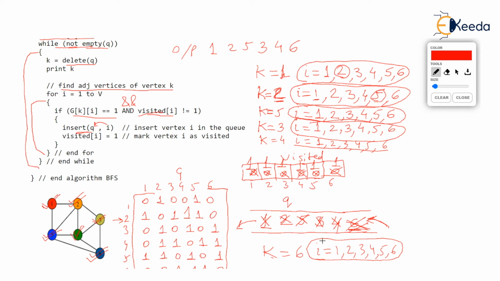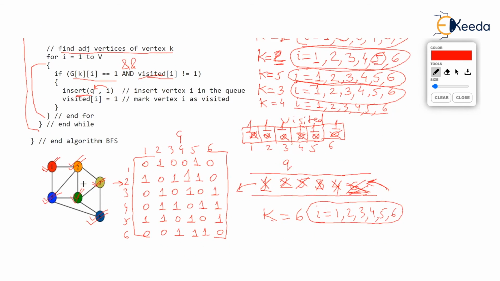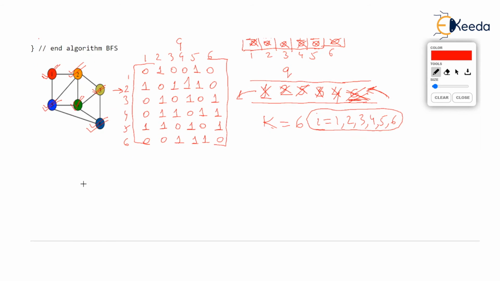You see, there is nothing pending in the queue. Observe the mouse hovering over here. The queue has entirely become empty. So there are no vertices waiting to get processed. And the queue is empty, so the while loop will break and the algorithm will end. I hope you got enough from this discussion how exactly the BFS works.